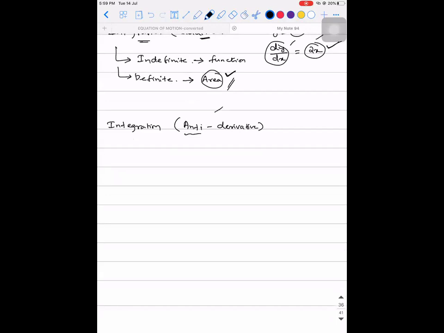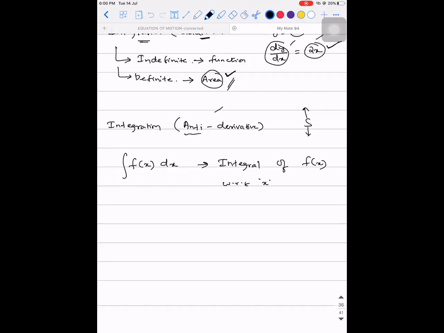Observe what I'm going to do. The symbol used for integration is an elongated S. You pull the S at the opposite ends, and you get an elongated S. You write it as integral of f of x with respect to x, and you read it as integral of f of x with respect to x. Is it clear? Is there any doubt till this step? Is there anything you didn't understand?